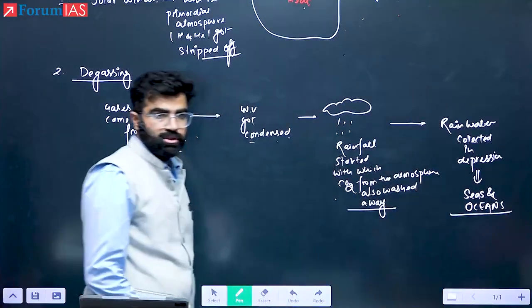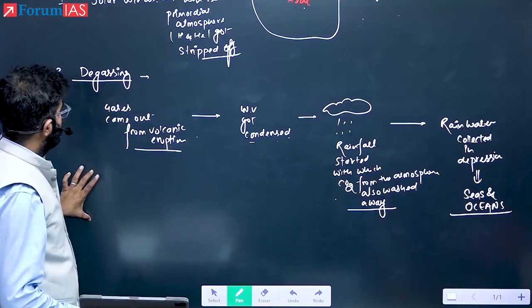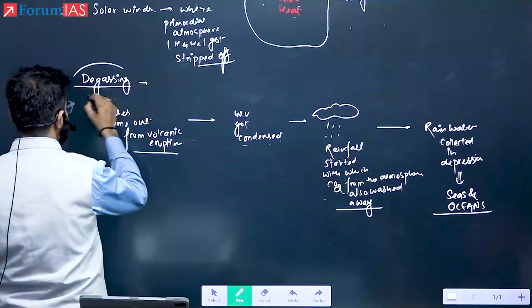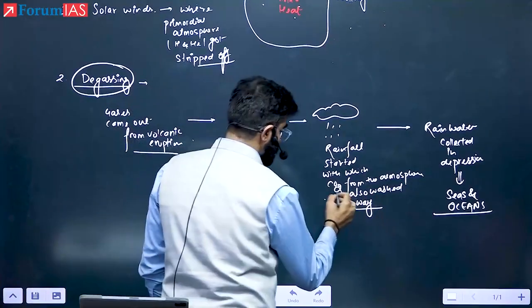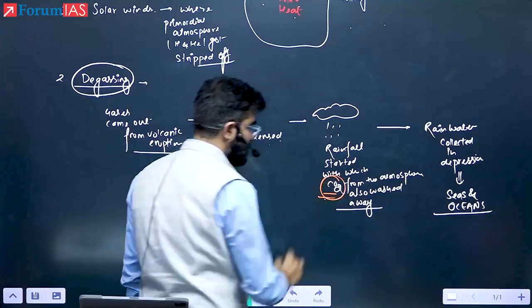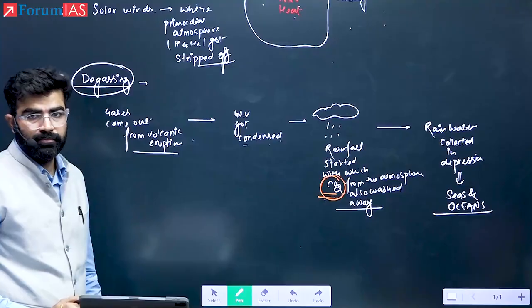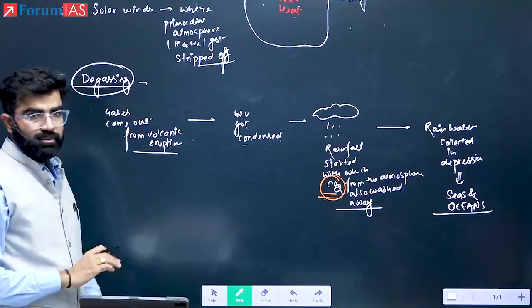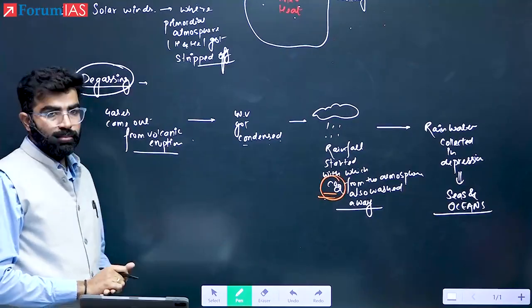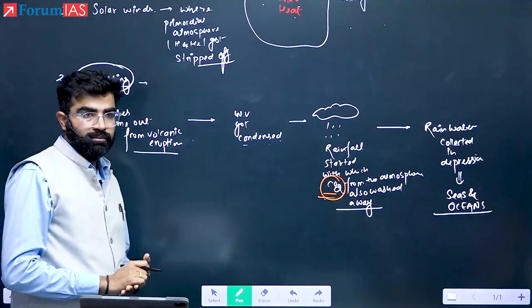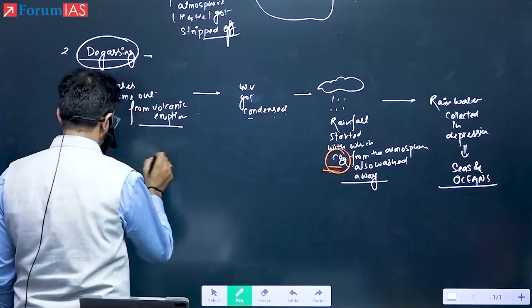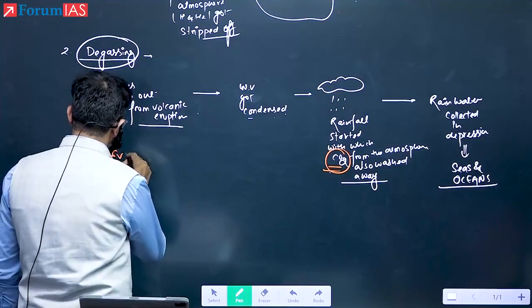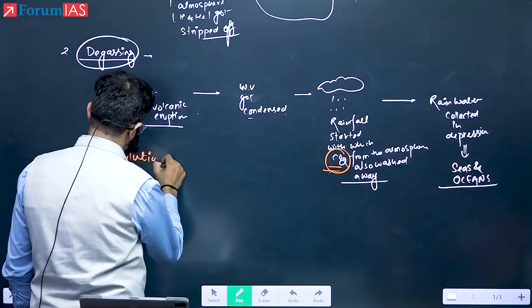Okay, seas and oceans. So the second important process is degassing. How is it related to the atmosphere? It was removing the CO2 concentration away from the atmosphere. Okay, number 2. Number 3 is the atmosphere got modified because of the evolution of life. Okay, now see what will happen. See here, the third process, I'm writing, I'll explain. That is the evolution of life form